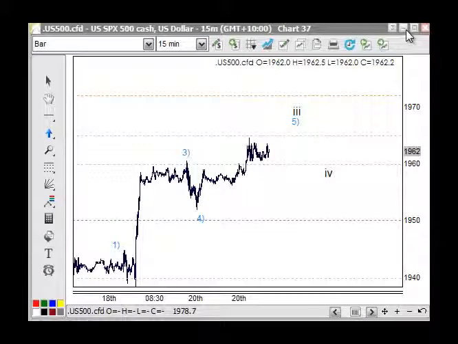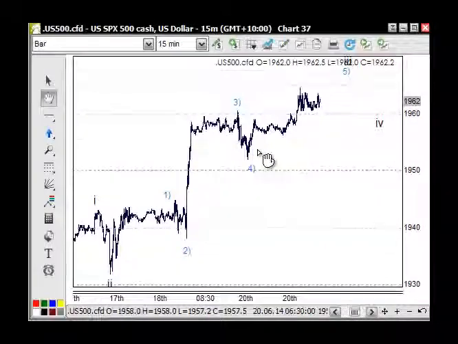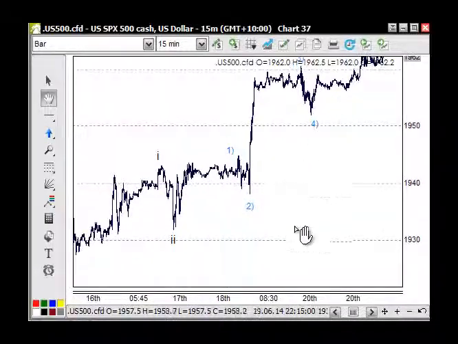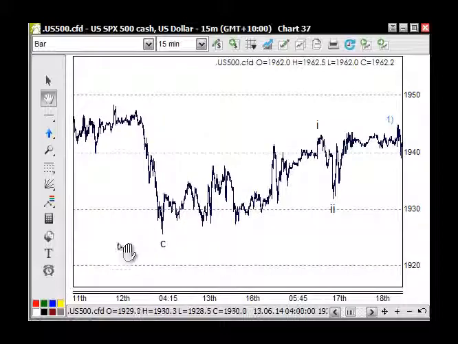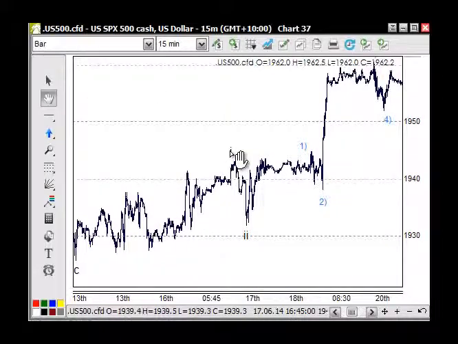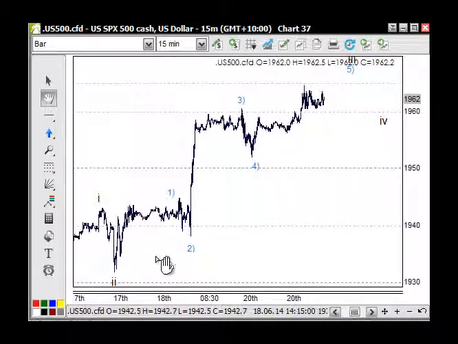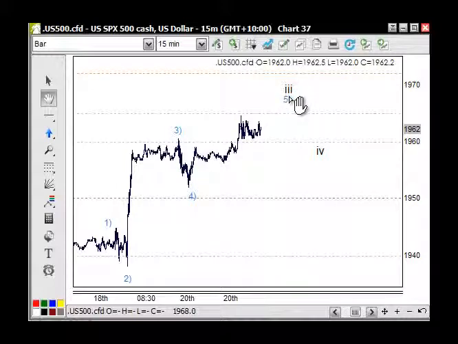Where we are here on the intraday is right here, where we're looking at from the 19, where are we? From the low here, say we've got wave 1, wave 2 here, and we're looking at from 1930, we're looking at 1, 2, 3, 4, and we're looking for wave 5 of 3 up here. And in this little section just here, we've got wave 1, 2, 3, 4. So we'll be pushing up into wave 5 here.